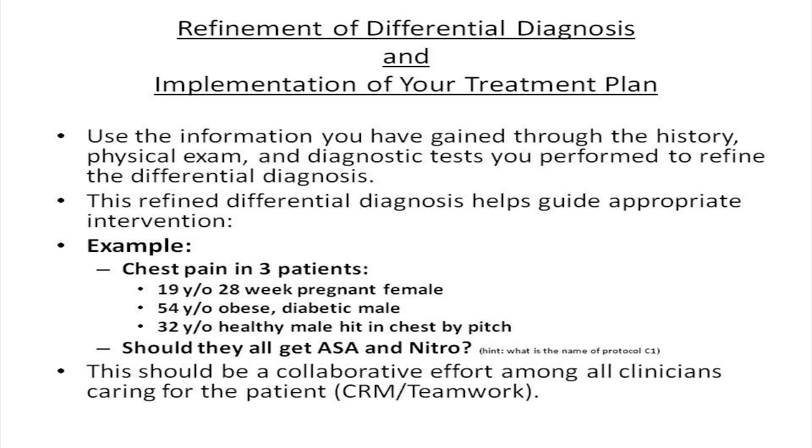Now, the hint is, what's the name of Protocol C1? Well, the name of Protocol C1 is suspected acute coronary syndrome. Yet, we, as a system, have given all 3 of these patients aspirin and nitro, when clearly only the 54-year-old obese diabetic male should probably be getting aspirin and nitro. Remember that refining your differential, determining and implementing your treatment plan, again, should be a collaborative effort among all the clinicians that are caring for the patient, utilizing the concepts of crew resource management and teamwork so that we don't miss things, so that everybody's voice is heard,